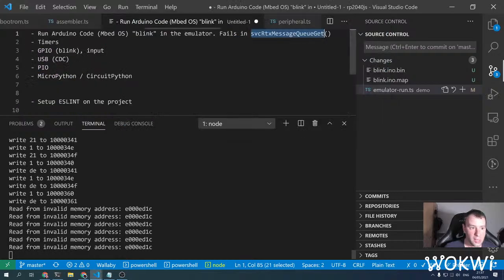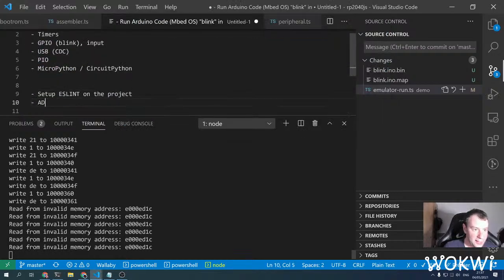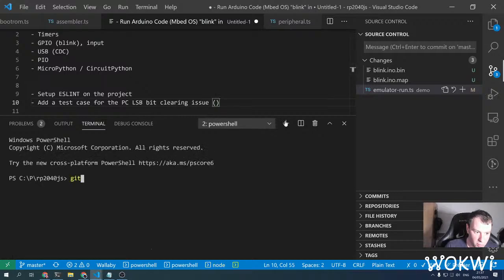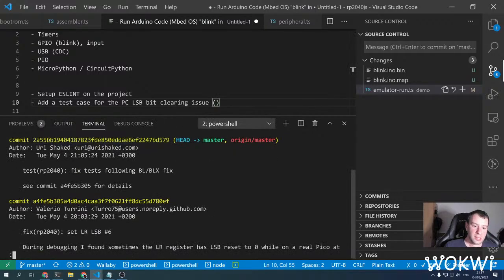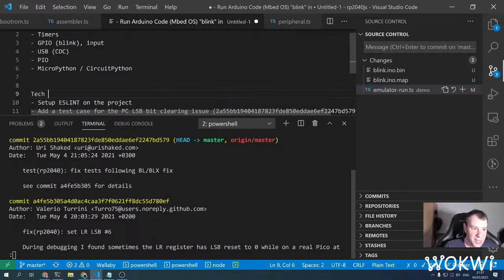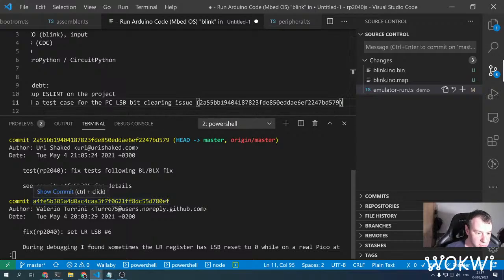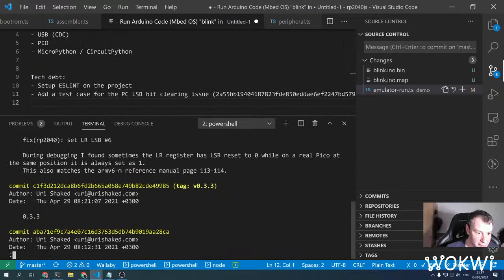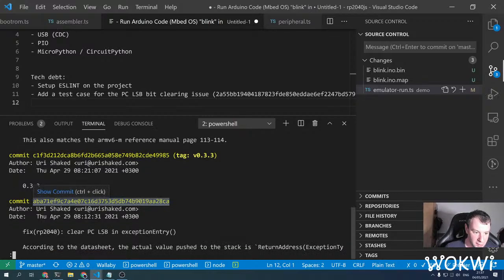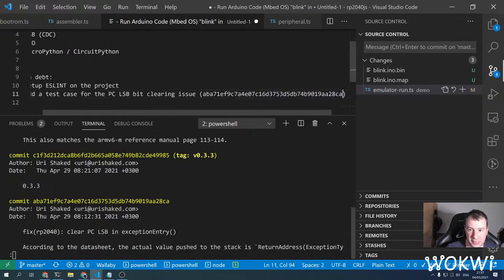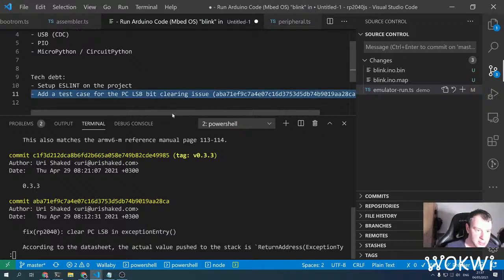I want to add a test case for the PC LSB bit clearing issue, so we won't forget to do it. And yeah, this is our amazing tech debt section that is going to grow a lot today. No, that was this one. Yep. So if anyone feels like contributing a pull request with that test case, it shouldn't be